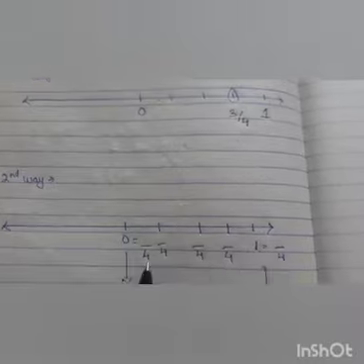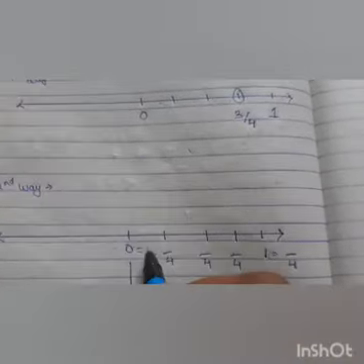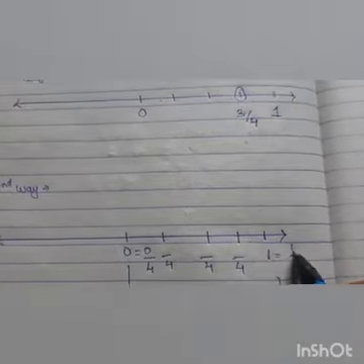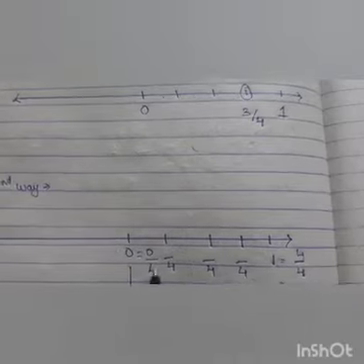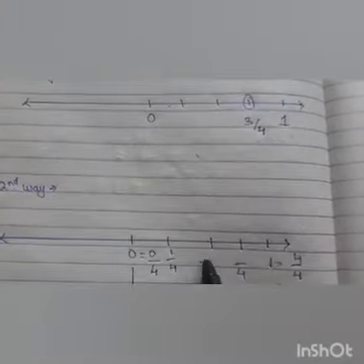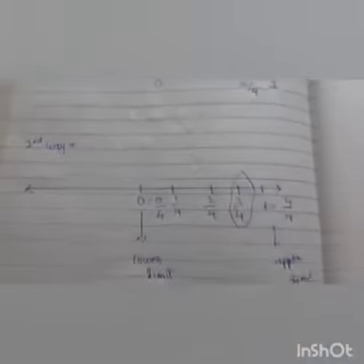Now multiply the denominator by the lower limit and upper limit. So 4 into 0 will be what? 0. 4 into 1 will be what? 4. So 4 by 4 is equal to 1 only. Now between 0 and this 4, what comes? 1, 2, 3. 3 by 4. This is your required answer.